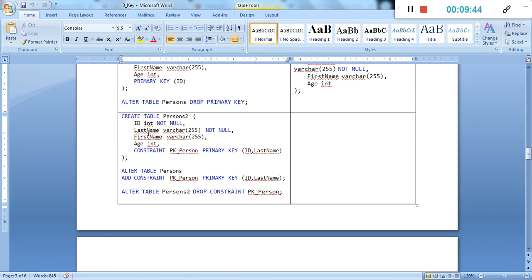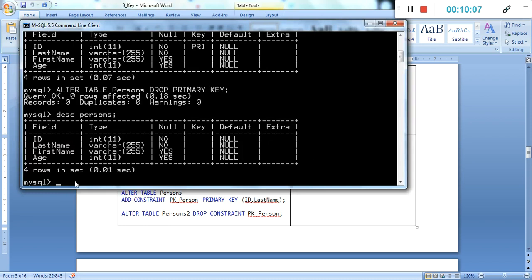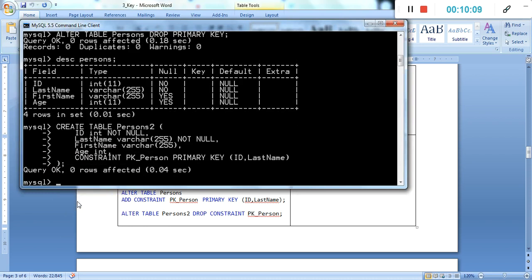And these are the code. If we use more than one key as a set of keys, as a super key, mentioning it as a primary key, right? Like more than one attribute should be a key, as ID plus last name. Then we use this type of syntax, right? We will just go with this, paste. Now describe persons.